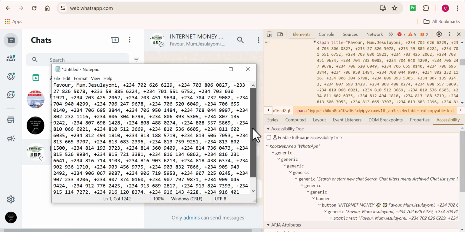Now that we have access to reach out to all of these guys, because we have access to their phone contacts, we need to reach out to them because we need their email addresses. To do that, we need a WhatsApp bulk sending tool, and I can also help you with that.